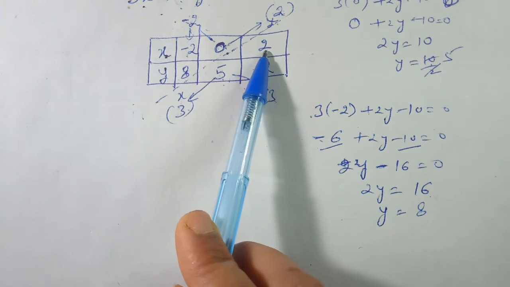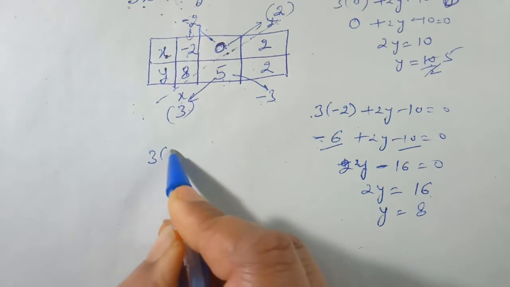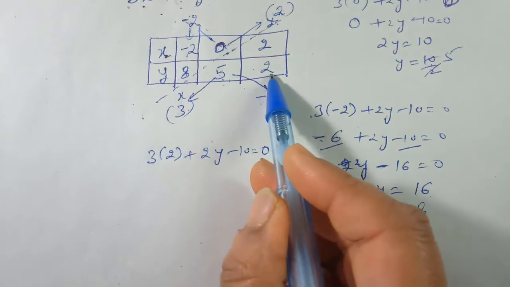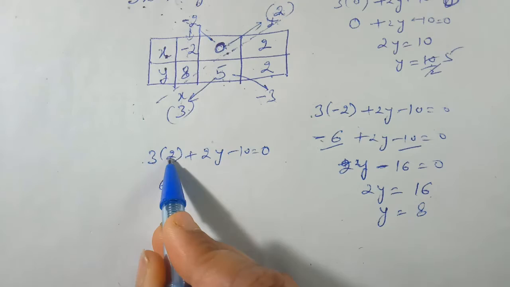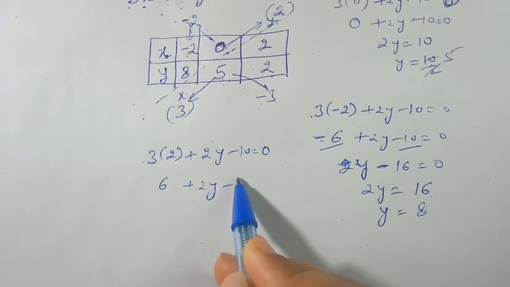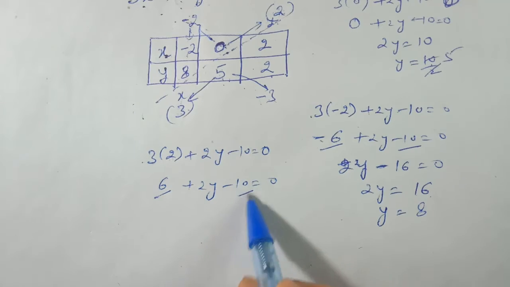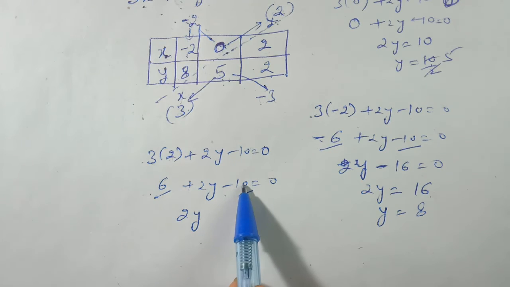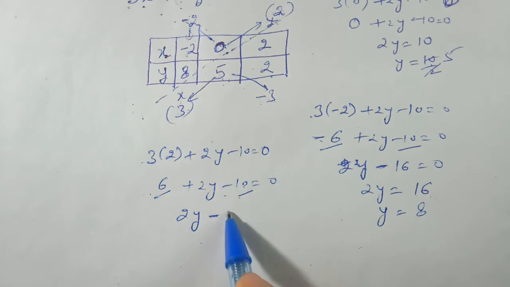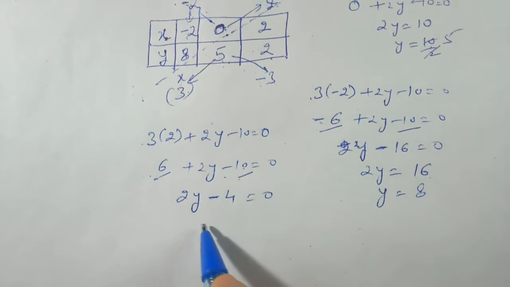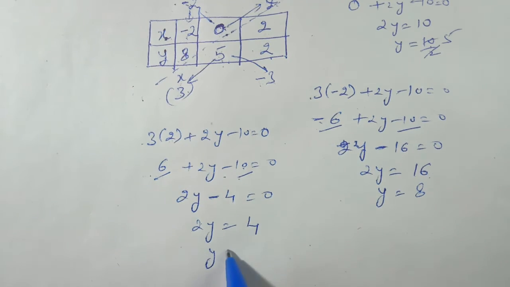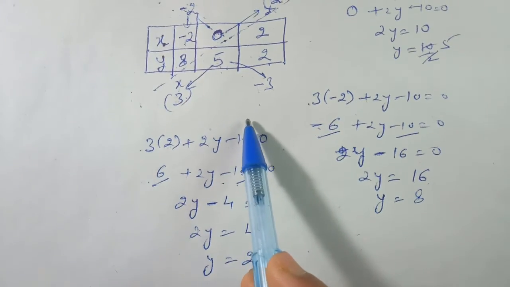Let us check the third value also. If we take x equal to 2, then what will the value of y be? Is it correct or not? Let us check. 3 into 2 is 6, both are positive, so it will be positive, plus 2y minus 10 equal to 0. Now we can solve these two, both are in opposite signs, so they will be subtracted. The bigger number is this, so it will be in minus sign. Minus 4 equal to 0. Transpose minus 4 to the other side, it will move with the positive sign. When 2 moves to the other side, it will go to the division, so it will give y equal to 2. It means this is also correct.